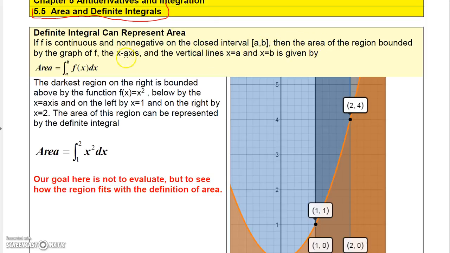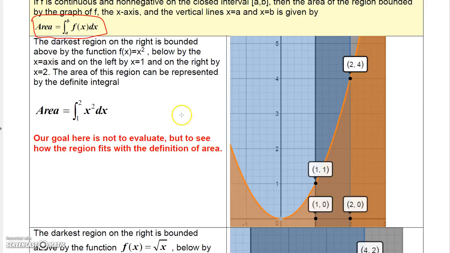If f is continuous and non-negative on the closed interval a to b, then the area of the region bounded by the graph of f, the x-axis, and the vertical lines x equals a and x equals b is given by this formula. You simply integrate the function from a to b. Alright, so if you look over here to the right,